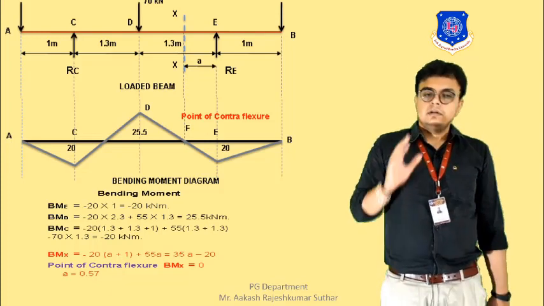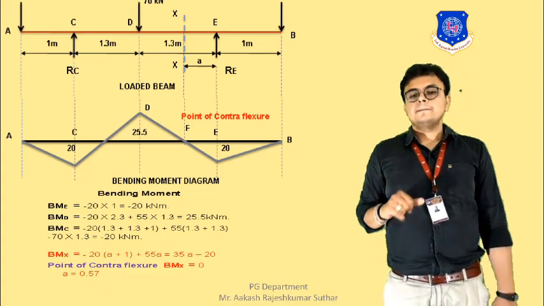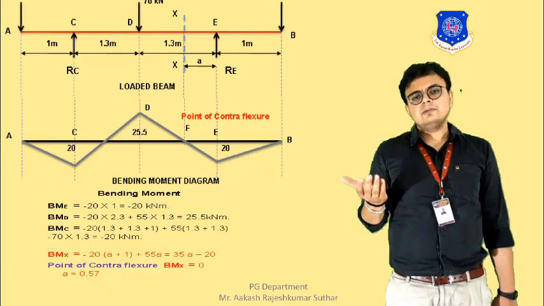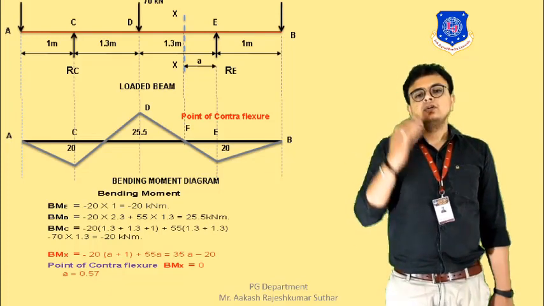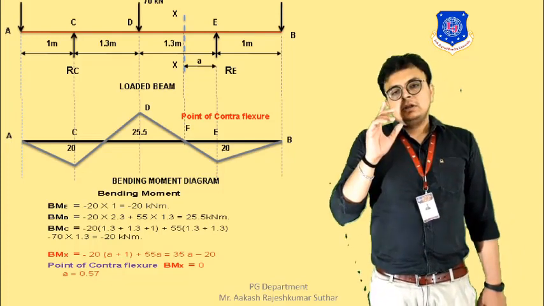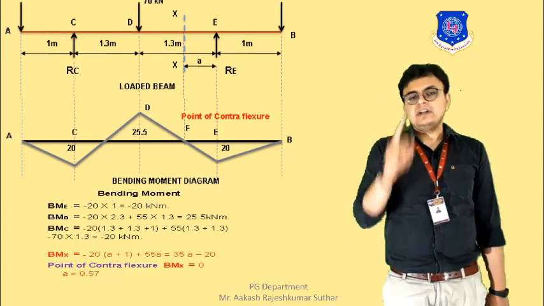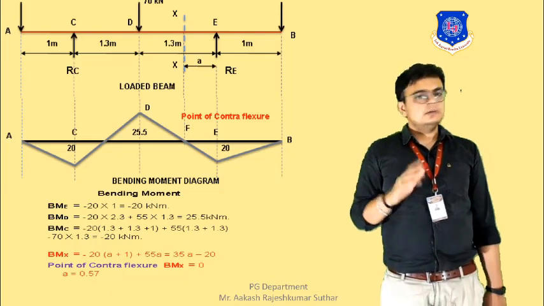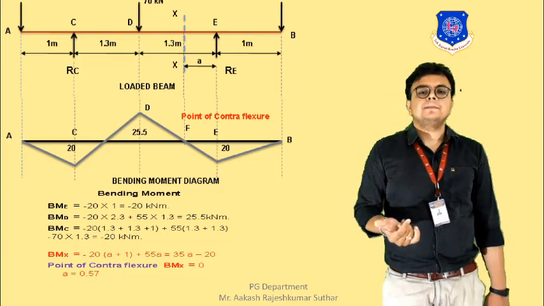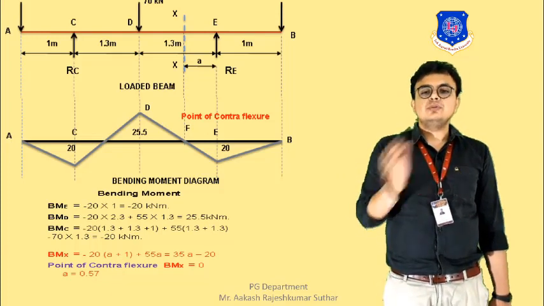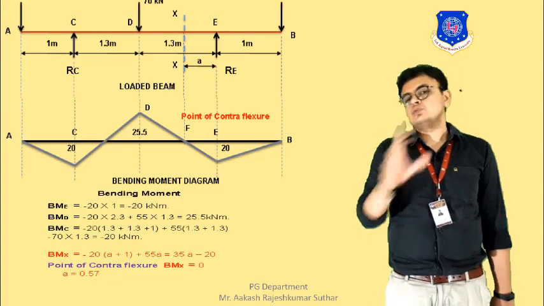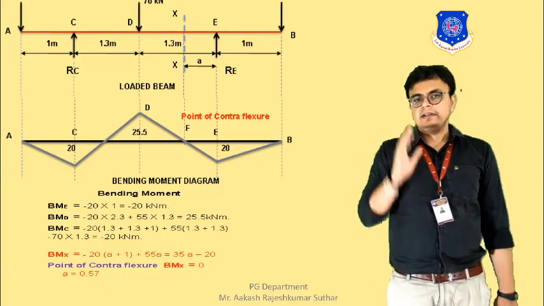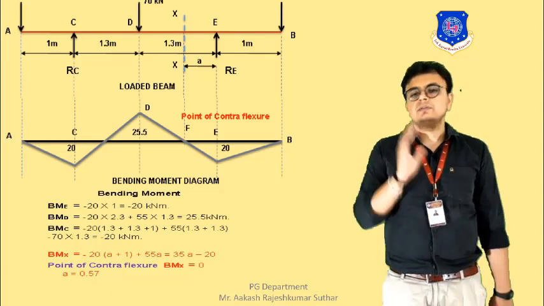Okay. Now, next we need to move towards the point D. So, again we will be considering from B only. So, we have the load that is 20 kilonewton at point B, we have the reaction of 55 kilonewton. So, these are all the things that we are needed. Okay. Distance of B to D is 1 plus 1.3, that is 2.3. Distance of E to D is 1.2. So, yes, we know the loads, we know the reactions, we know the lever arm.